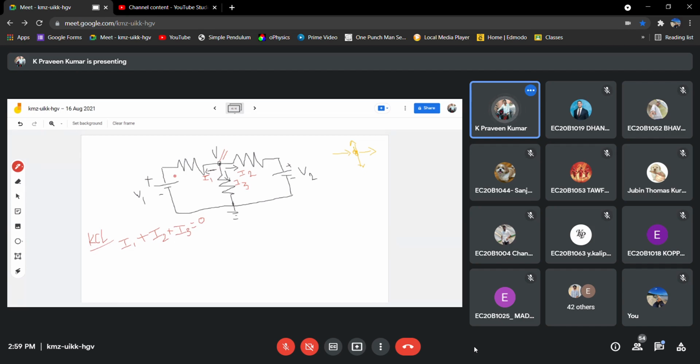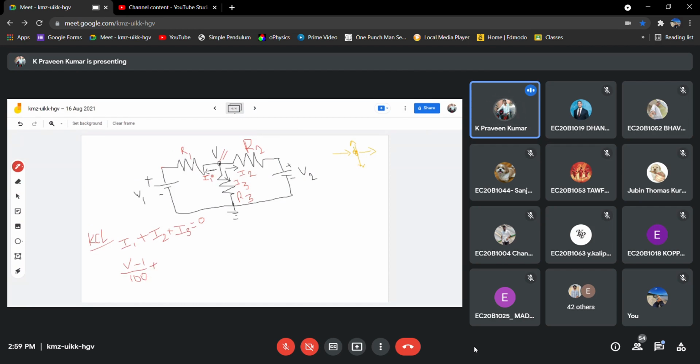What is I1 here? How to write the I1 current? I1 is the branch current, so (V minus V1) by R1. Let us say this is R1, R2, and this is R3. V1 in our example is 1 volt, R1 is 100.